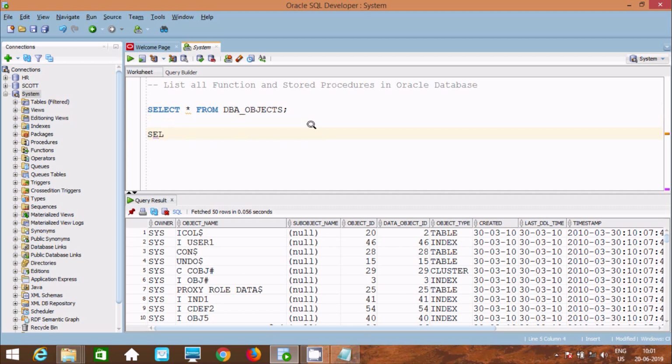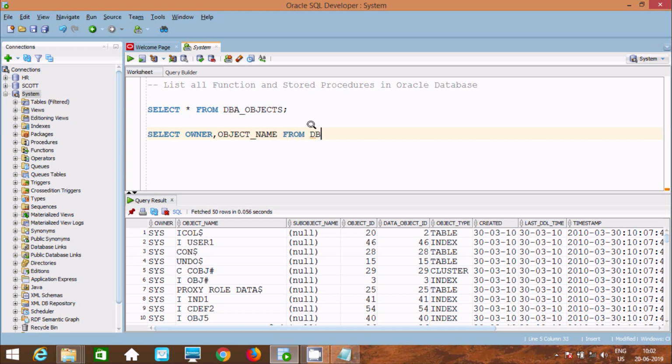Let's write a select statement filtering owner and object name. I think two are enough. Select owner, object_name from